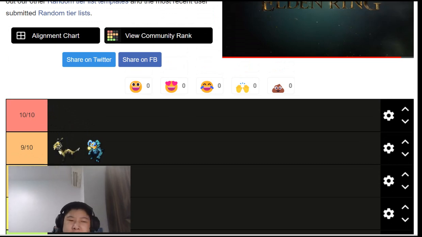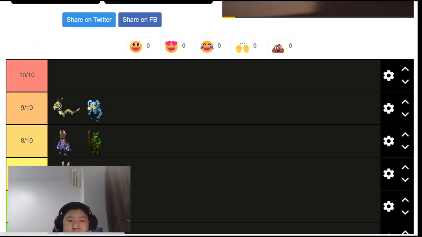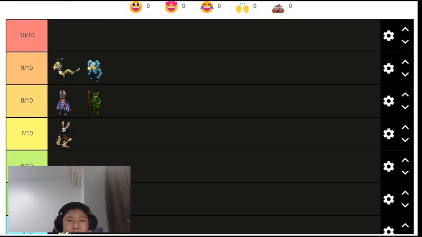Zulong, I think is the best starter, in my opinion. You can disagree, that's okay. I personally think it's the best starter. It's such a good late game cleaner. It's really strong offensively. Zulong's main issue is